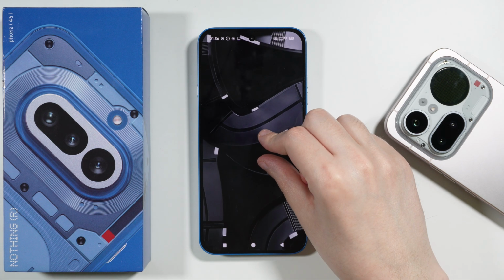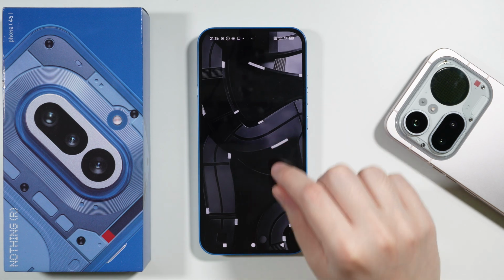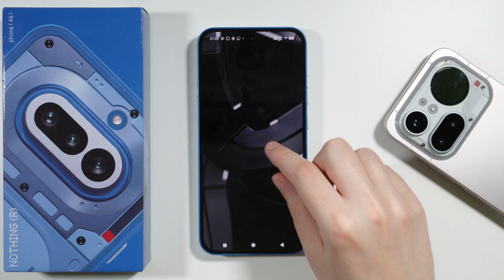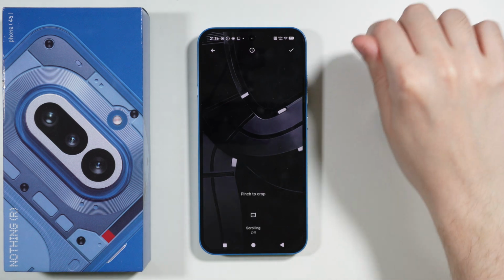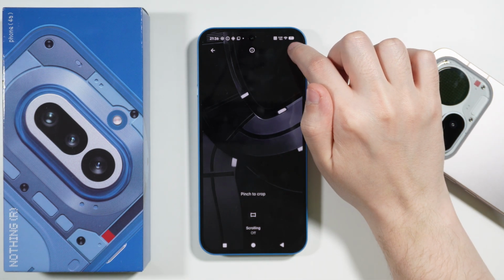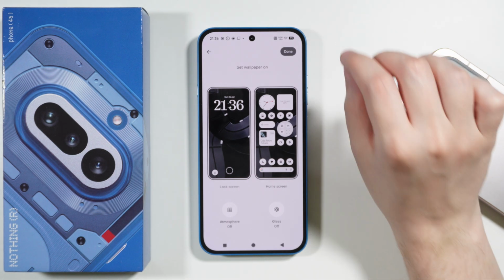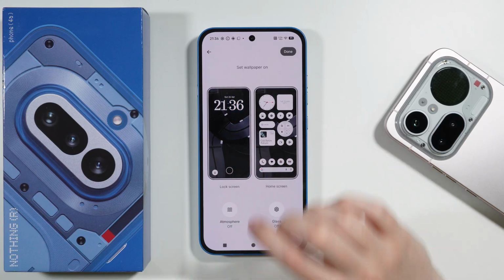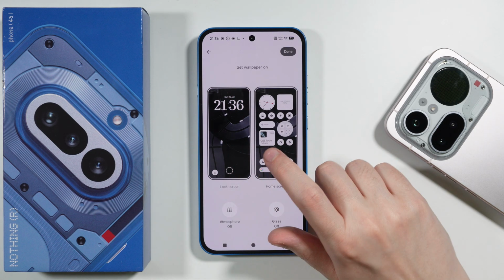You should be able to pinch and then zoom in and zoom out, and also move with your finger around in order to adjust the position of the wallpaper. You can also toggle scrolling, and once you set up the wallpaper, you can tap on this check in the upper right corner. You can also decide if the wallpaper should be applied on the lock screen or home screen,